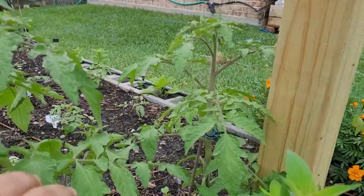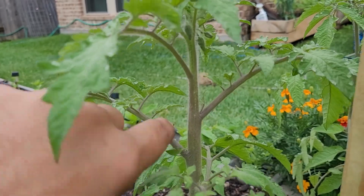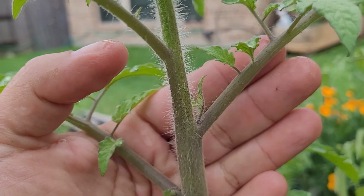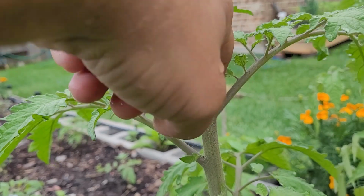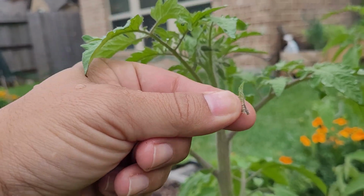Okay, so if we just pan right over one tomato plant and we go right here to the very top, you can see this is the main stem, this is a normal branch, and that little thing right there, let me see if I can get it in focus, that little thing right here is a sucker. Now, there's two ways to handle a sucker. You can just pinch it and pull it off and throw it away,